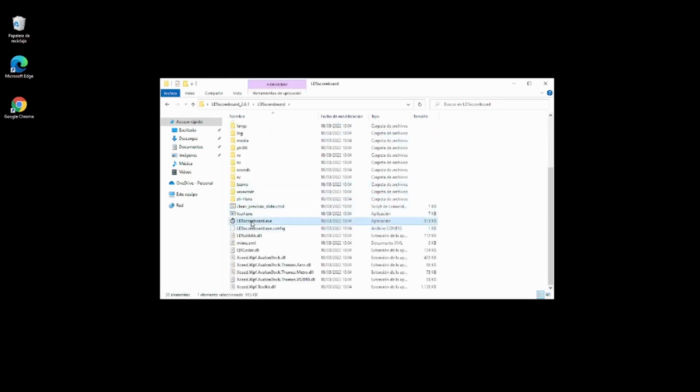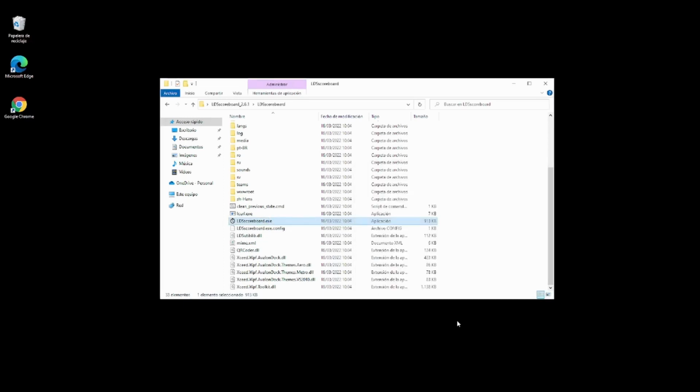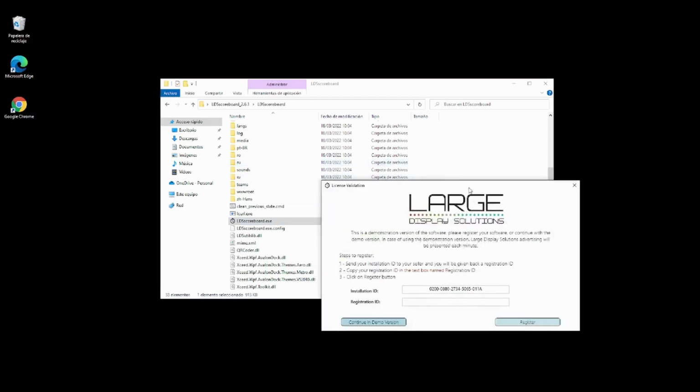We have to execute LDSscoreboard.x, right? The executable. Double click on it, more information, execute, and here we have it. If we have not acquired a license, we will be requested to introduce a registration ID. That is a code that will be provided after you make the payment of the license, but we will continue